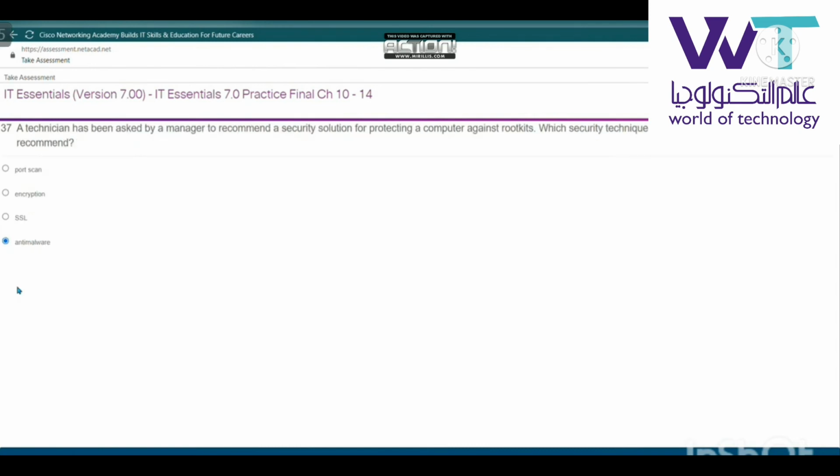السؤال اللي بعده رقم 37. A technician has been asked by a manager to recommend a security solution for protecting a computer against rootkits. Which security technique should the technician recommend? Anti-malware. اللي بعده